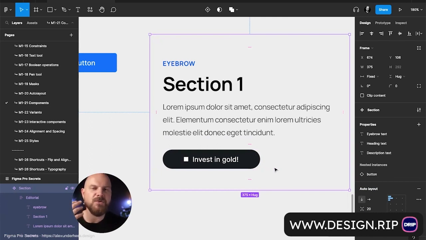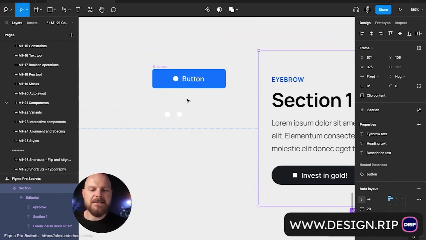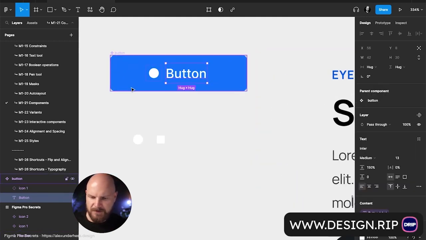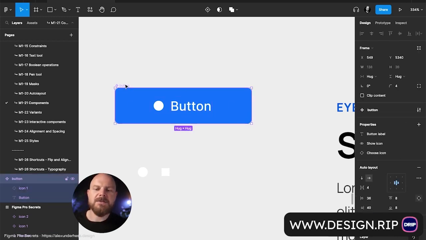But what if I want to choose only between icons, nothing else, just icons? In this case, let's go back to our component property, instance swap. But now what we're going to do here, by the way, we can detach property. We can go to main component, that's for sure. But what I'm going to do right now, I'm going to select the main component here, and where we have all the properties of this component,